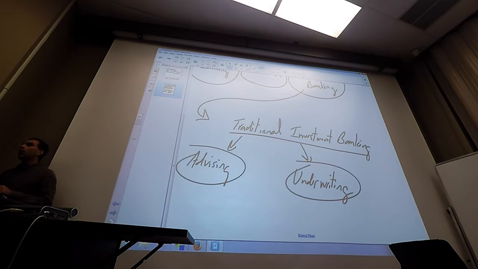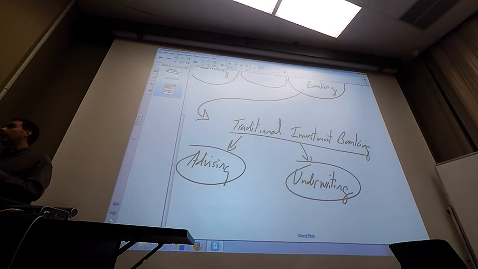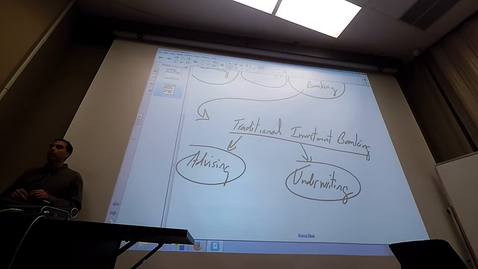And in order to be called an investment bank, you'd have to do these two activities, or one or the other. And as far as one or the other, again, they merge into each other. Sometimes it's hard to say if it's advising or underwriting, or it's both. Sometimes they're distinct, but usually they appear very similar from the outside. So they might just be one activity. We call it advising and underwriting. Sometimes, though, you can separate them out as being two different things. But this is really what traditional investment banking is.